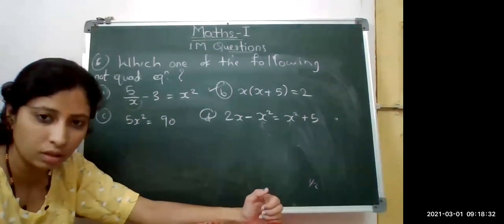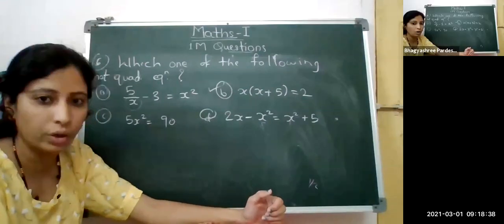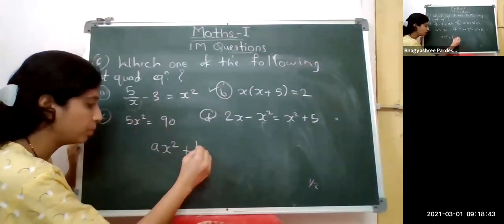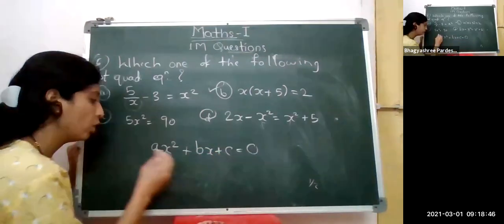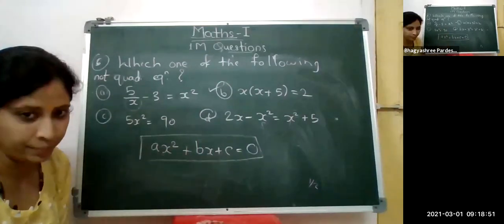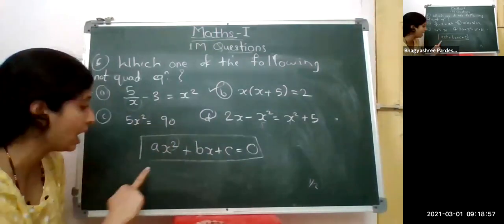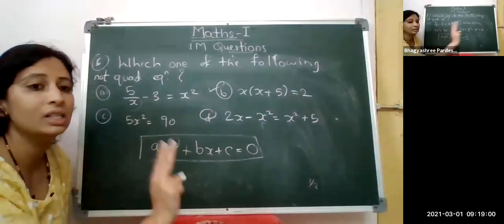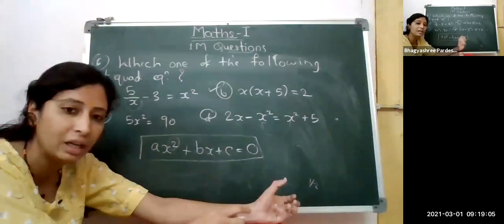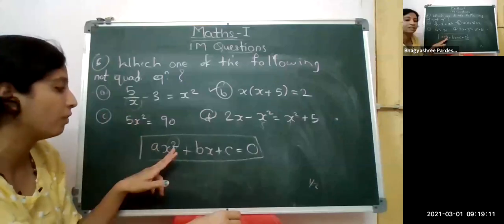Miss, how will we know whether this is quadratic or not? Explain it. Quadratic. Okay. For a quadratic, what do we require? We must know the standard form, that is ax square plus bx plus c is equals to 0. The first and most important thing, if the given equation is in this format, means the highest power of x must be equals to 2. If we are having the highest power of x equals to 2, then we will say that this is a quadratic equation. Even if these two terms are not there, then also we can say that it is a quadratic equation if the highest power of x is equals to 2.